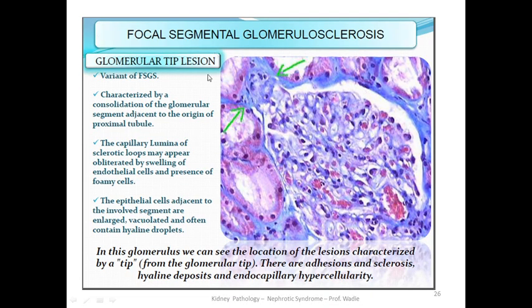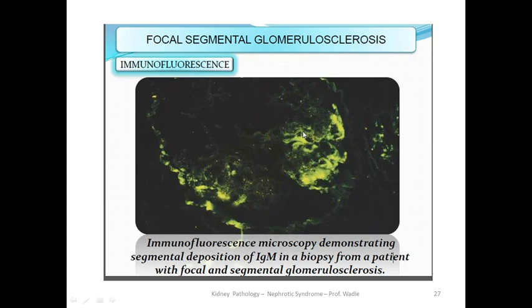The glomerular tip lesion is another type of focal segmental glomerulosclerosis. You see that one segment is affected while the rest of the glomerulus may appear normal. In focal segmental glomerulosclerosis, you find segmental damage, where the pathology is in these areas, whereas the rest of the glomerulus is normal, as you can see